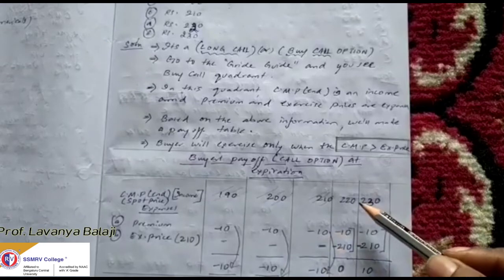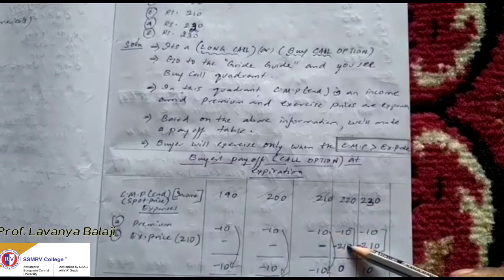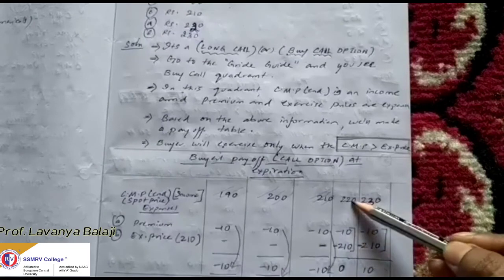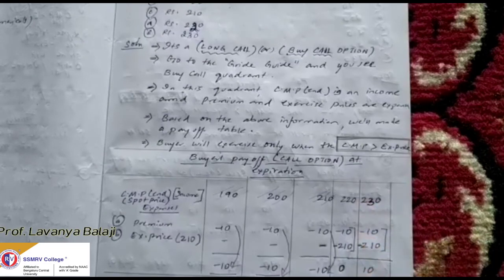Coming to the fourth situation, minus 210 and minus 10 makes it minus 220. So plus 220 minus 220, the payoff is 0. He is not going to gain or lose from this transaction. Coming to the next one,